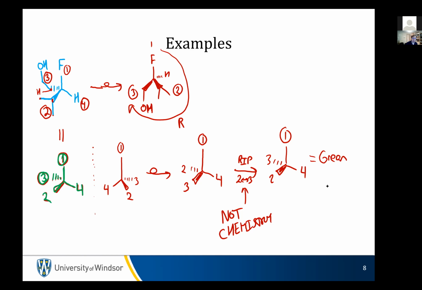So where the hell am I going with this and why does this matter? Okay, let's say you really suck at rotations. What you really want is you want 4 on the back. And so what you can do is you take this guy and we're going to swap 3 and 4. So without having to do a rotation,